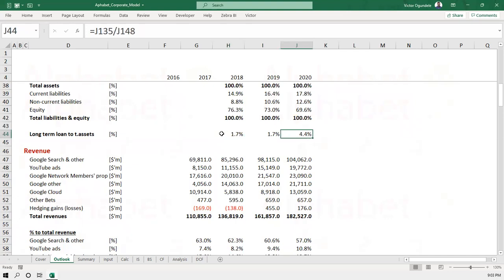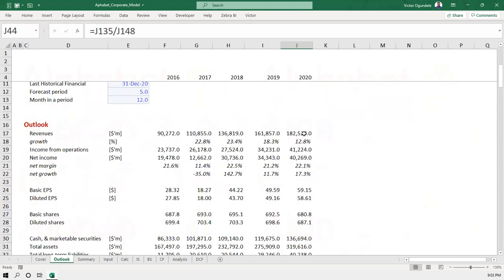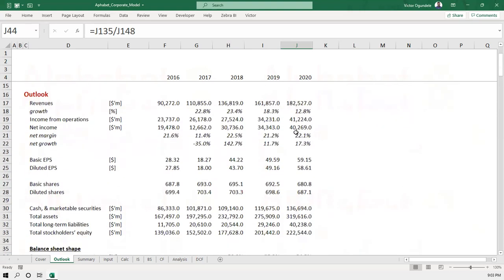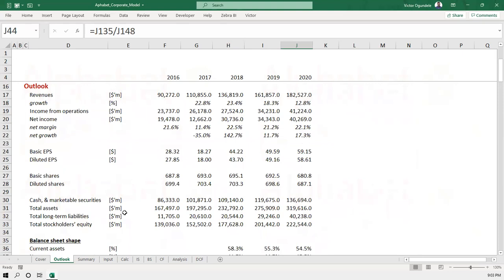But in 2020, maybe because of the pandemic, they had to get some extra funding to be able to push things up, which you can see here has an effect on their revenue, and they're also able to increase their cash and marketable securities. They kind of correlate with that story.